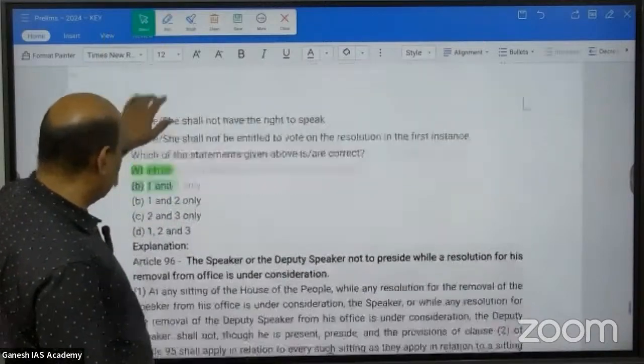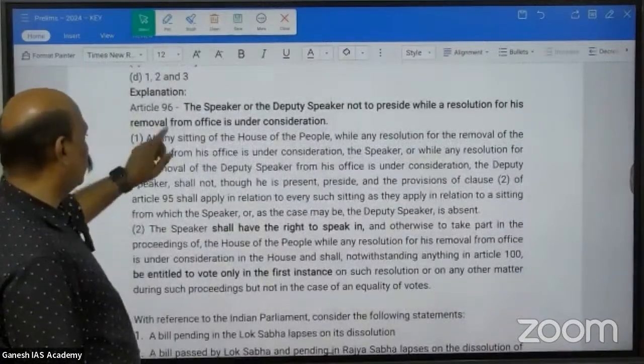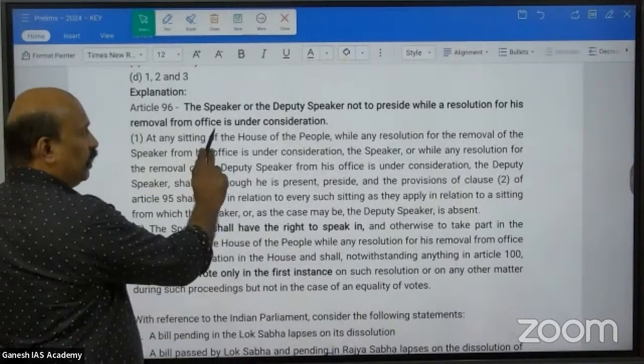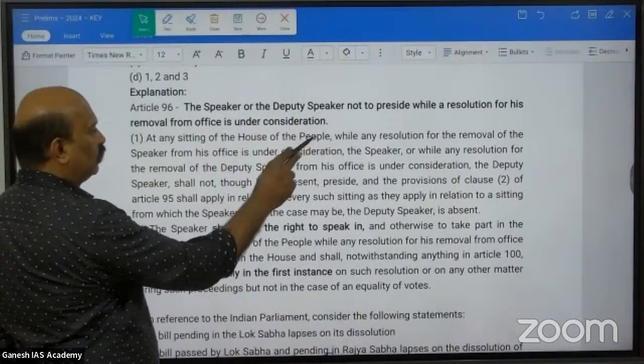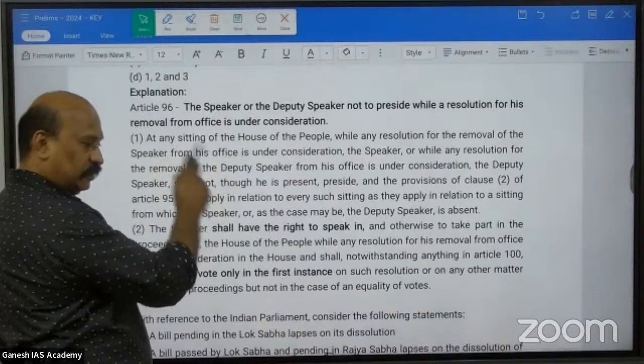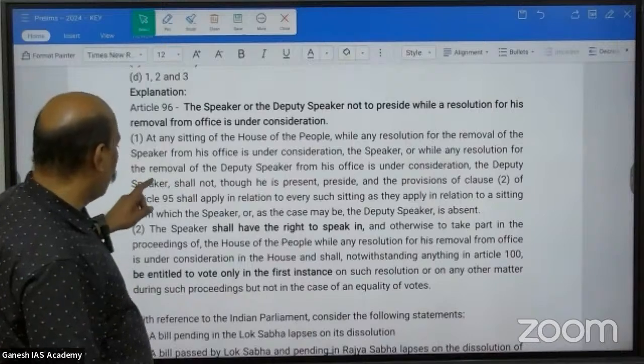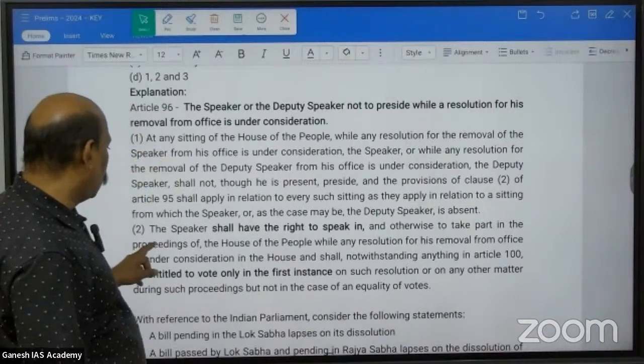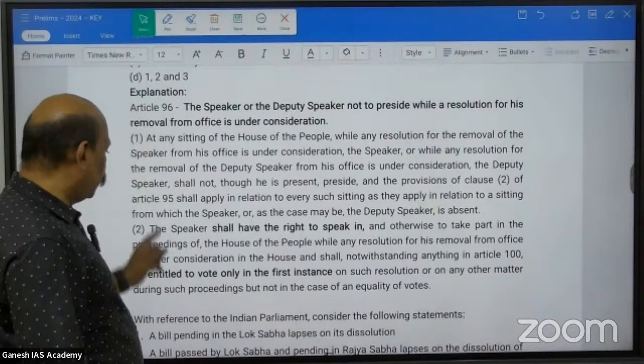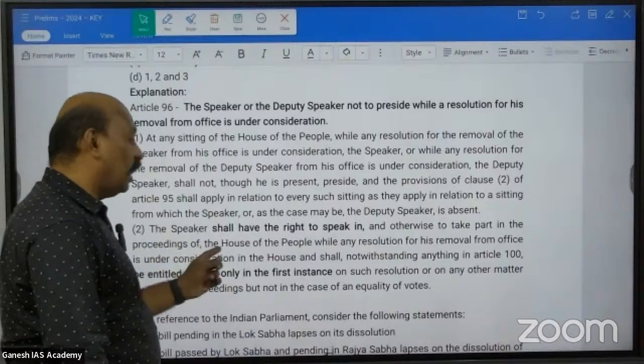Only 1 is correct. Because Article 96 of the Constitution clearly says, the Speaker or Deputy Speaker not to preside while a resolution for his removal from office is under consideration. The title of Article 96 itself is that. Statement number 1 is correct. Statements 2 and 3 are wrong, because Article 96 clause 2 says, the Speaker shall have the right to speak